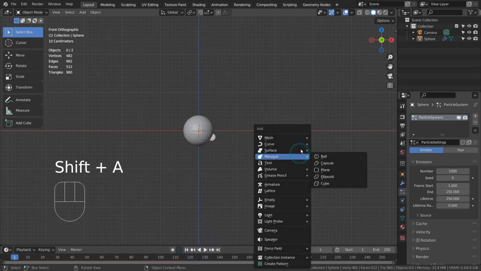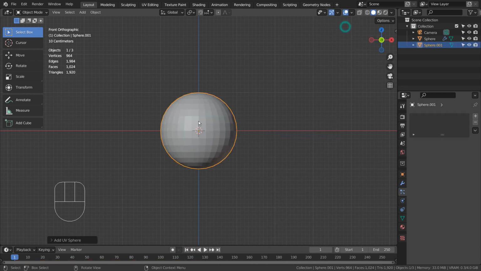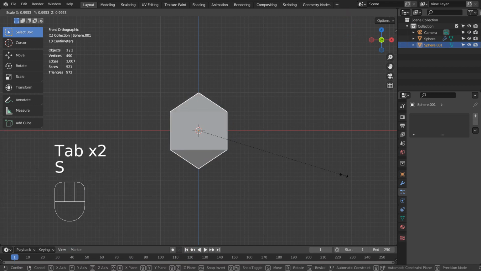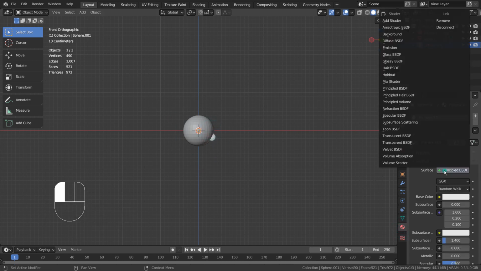Let's create a particle object mesh by using a UV sphere with 3 segments and rings. I'll add an emission shader.